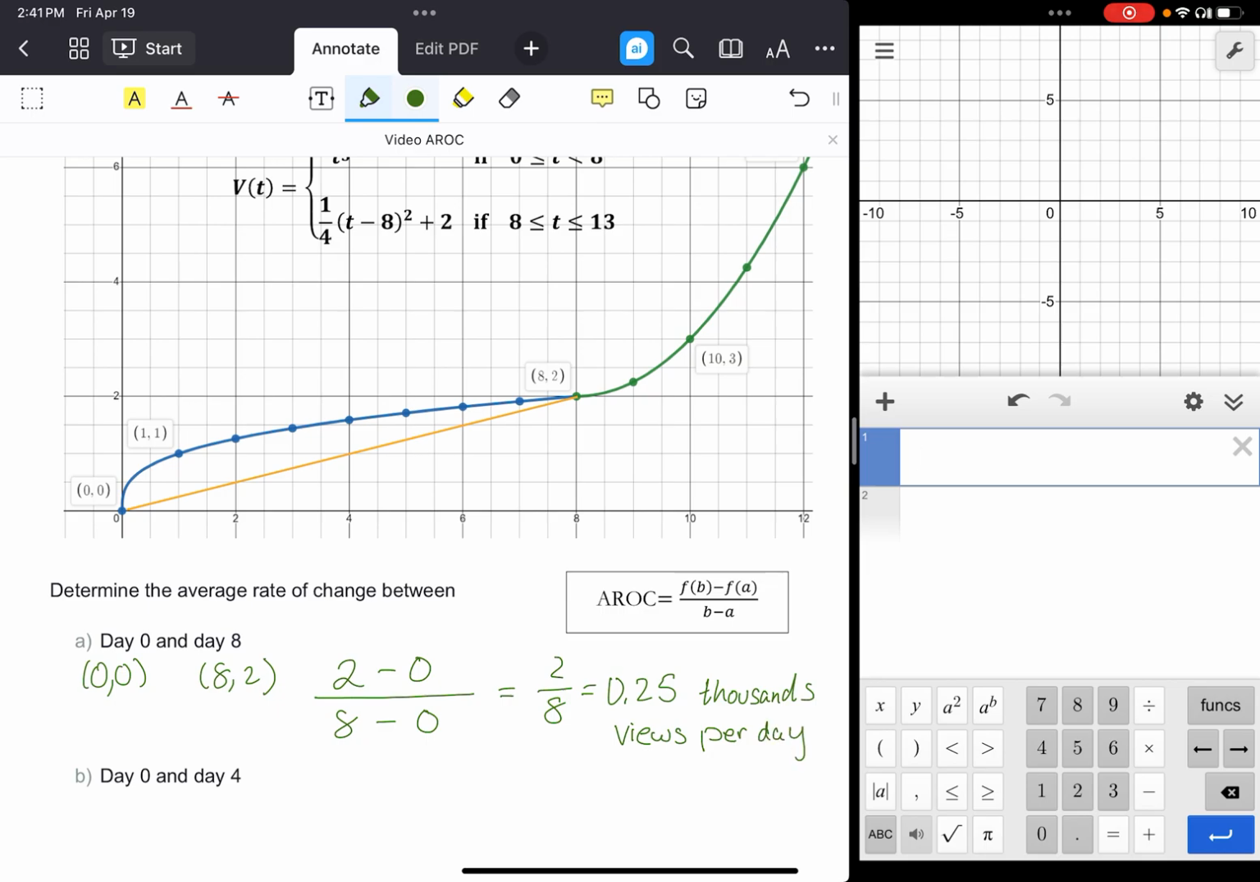I might be going, okay, well, that's nice. I have a general trend for that first section. But if I want a better sense, I'm going to shrink that interval down. So now, instead of going from 0 to 8, what if instead